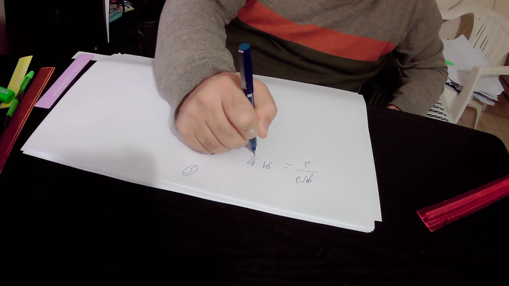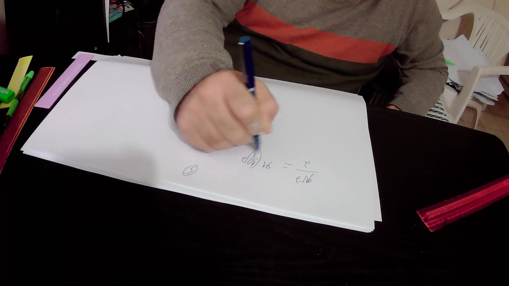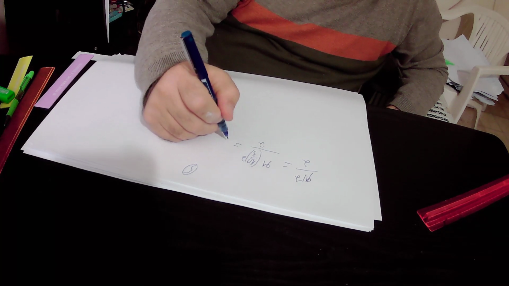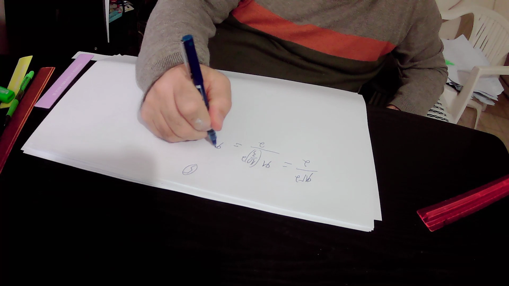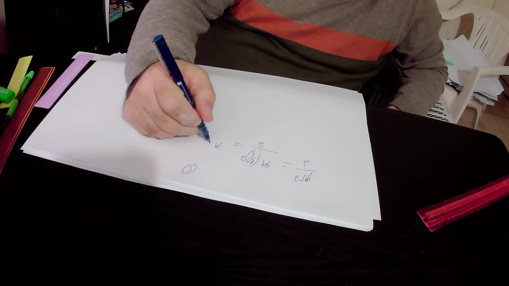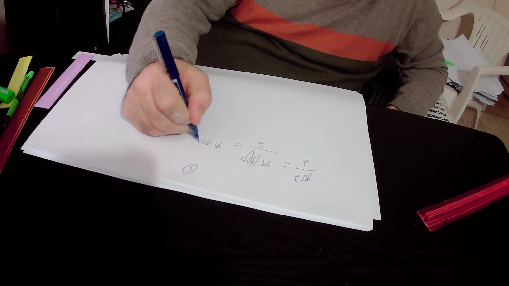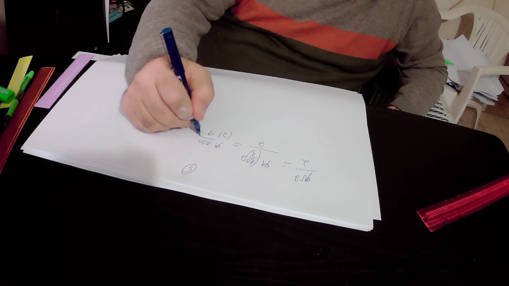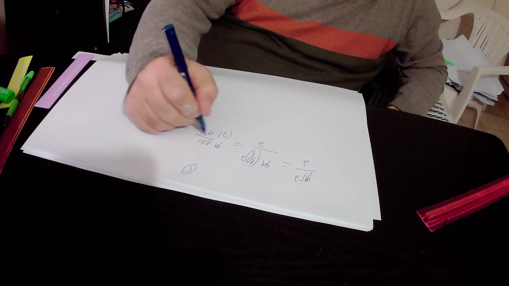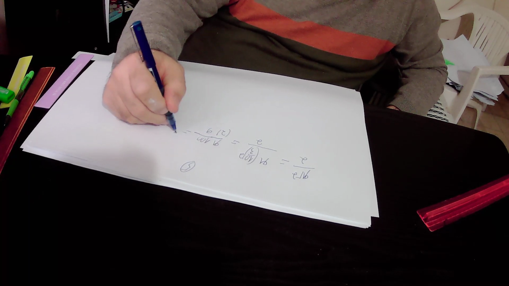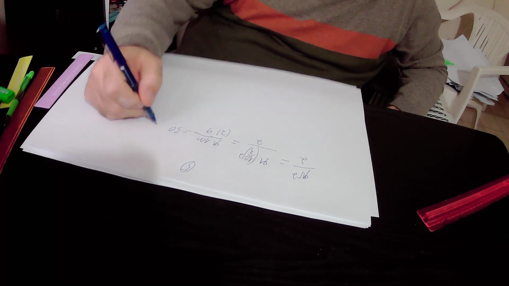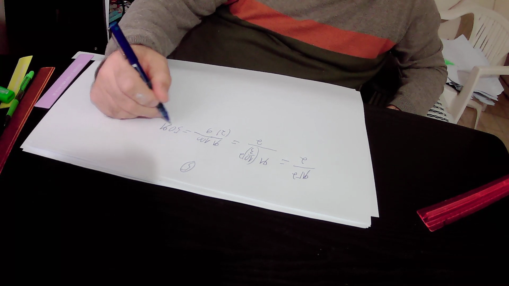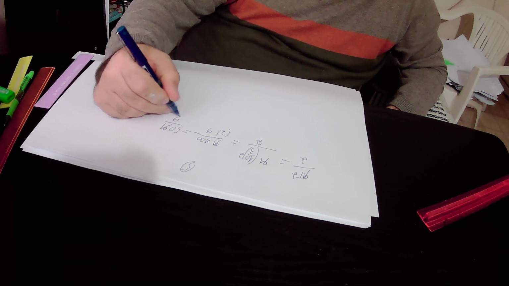R squared is 10 over 3 squared, over 2. So the area of the semicircle equals pi times 10 over 3 squared, which is 100 over 9, all divided by 2. 100 over 2 is 50. So in conclusion, the area of the semicircle equals 50 pi over 9 square units,